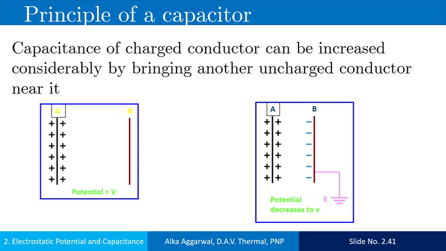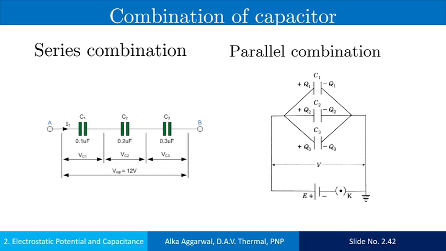called capacitor. The principle of the capacitor is capacitance of a charged conductor can be increased considerably by bringing another uncharged conductor near it. We can arrange the capacitors either in a series combination or in a parallel combination. In series combination, the capacitors are connected from end to end, and in parallel combination, the positive plates of all the capacitors are connected at one point and the negative plates are connected at